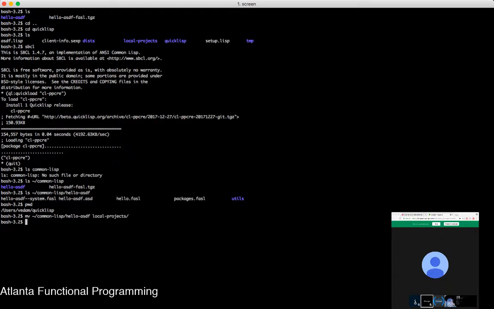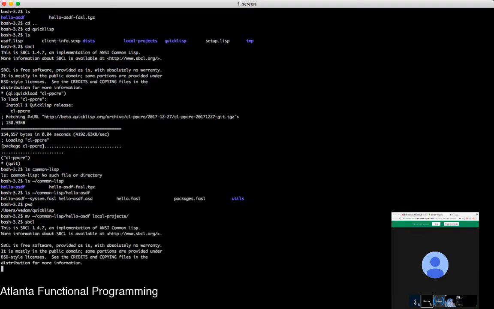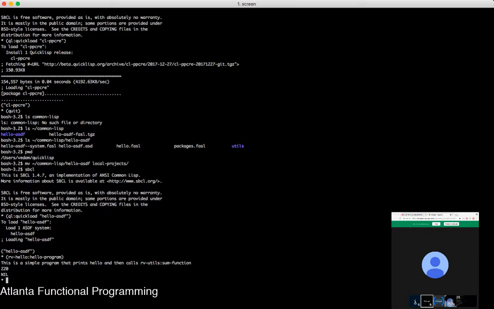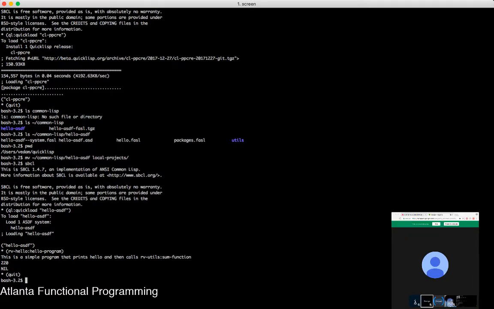So to show this, I've moved my Hello ASDF project into local projects. Let me go ahead and now try using quickload to actually load this. You'll see that it actually loaded it correctly. Let's see if we can actually run our simple hello program, and it goes ahead and shows it. So now you can see that it actually can load fasl files. It will also load